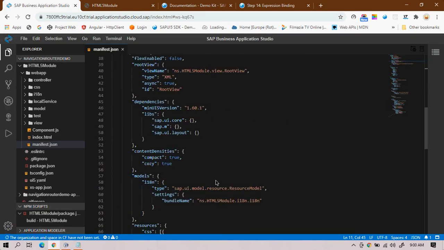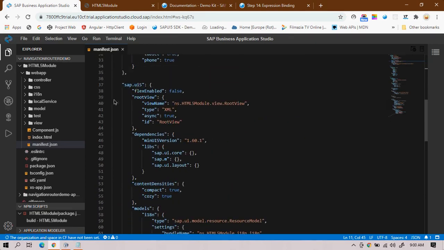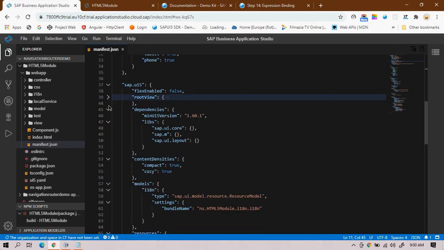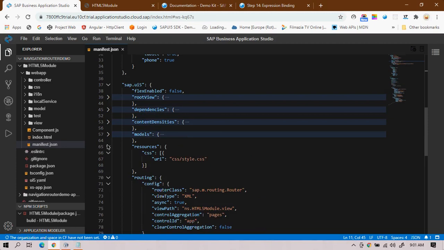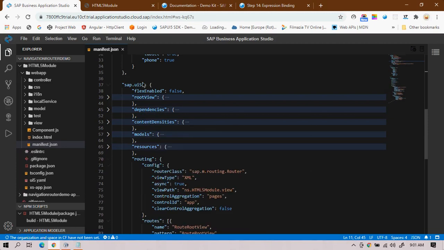Routing is a namespace which comes under the sap.ui5 namespace. It is standard, you don't have to maintain it. By default, when you create an application, it will be maintained automatically.